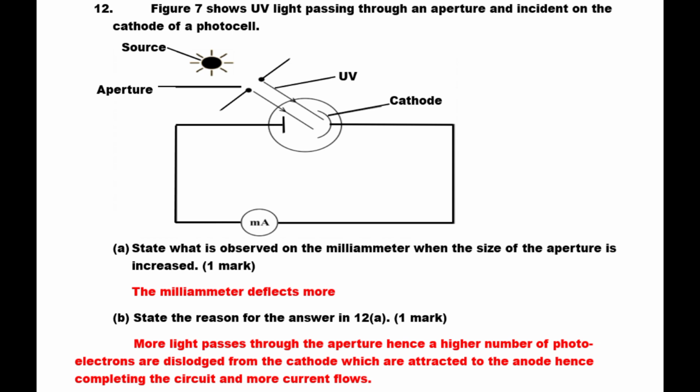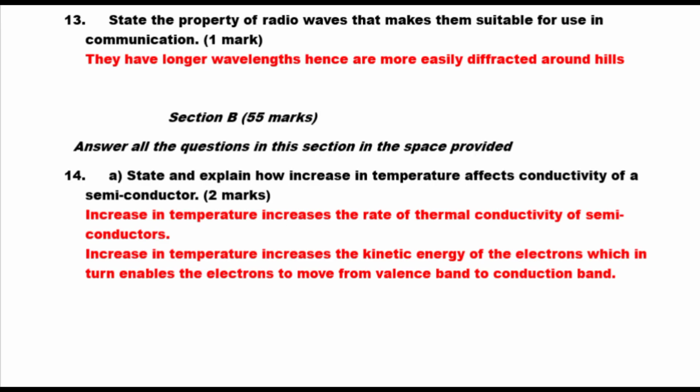More UV light passes through the aperture, hence a higher number of photoelectrons are dislodged. That is through photoelectric effect. More photoelectrons are dislodged from the cathode, which are attracted to the anode, hence completing the circuit, and more current flows. Question 13. State the property of radio waves that makes them suitable for use in